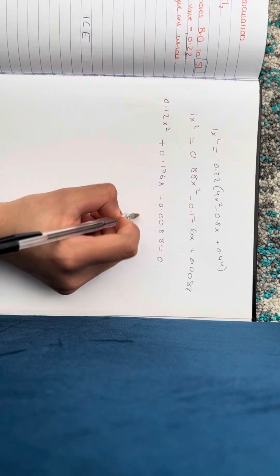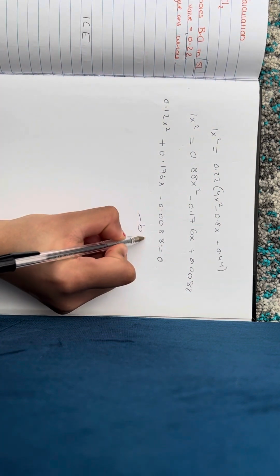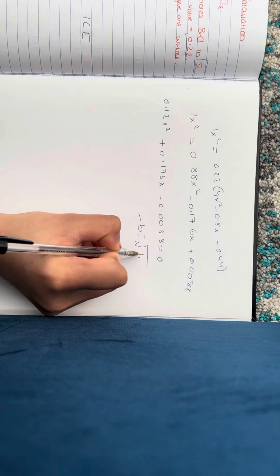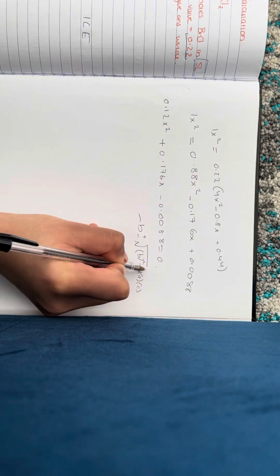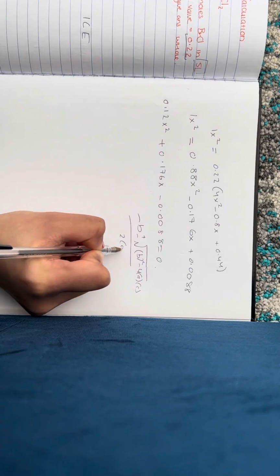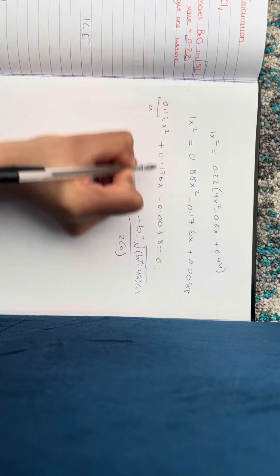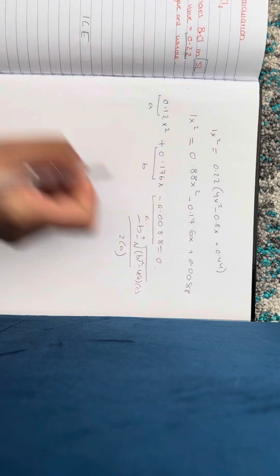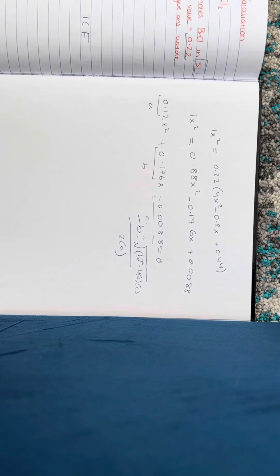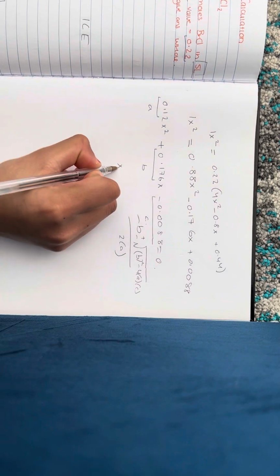So we're going to sub it into the minus b formula, which is minus b plus or minus the square root of b squared minus 4ac, but this is in your formula table, so you don't need to worry about it. Okay, this is going to be a, this is going to be b, and this is going to be c. So put that into your calculators, and you get an answer of x is equal to